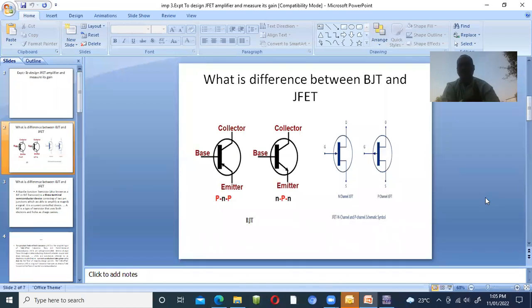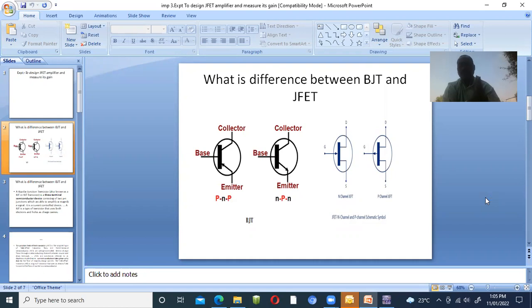Now see, we just discussed something related to the BJT and JFET before studying the experiment. We know that BJT indicates bipolar junction transistor, and there are two types: one is the NPN type, the other is the PNP type. What is the difference between NPN and PNP? NPN has two N and one P, so 2N indicates the majority are electrons, the largest number of electrons. In PNP, 2P indicates the largest number of holes.